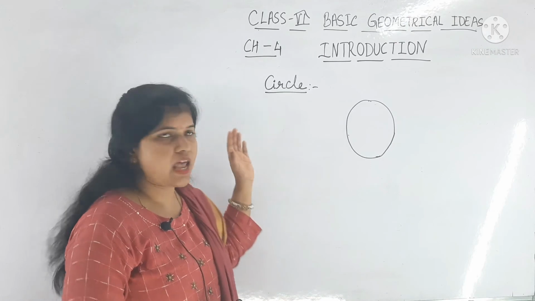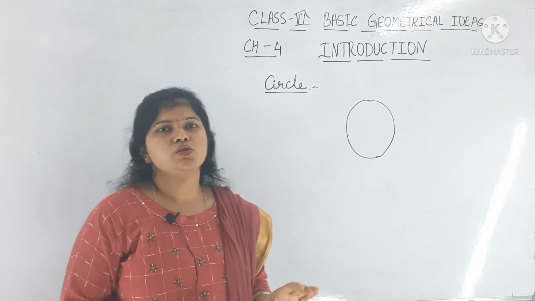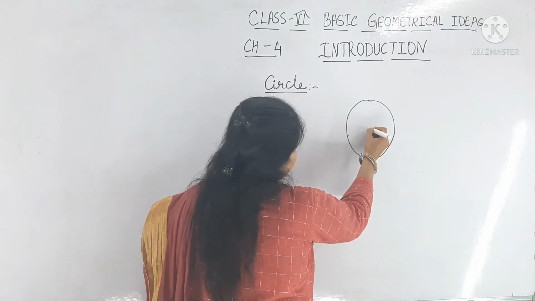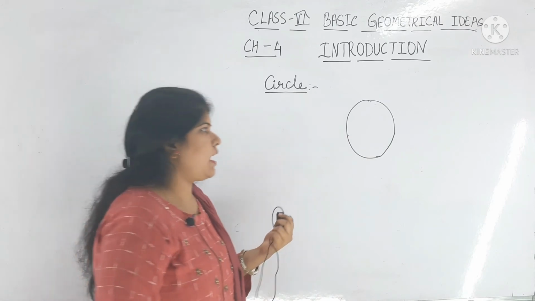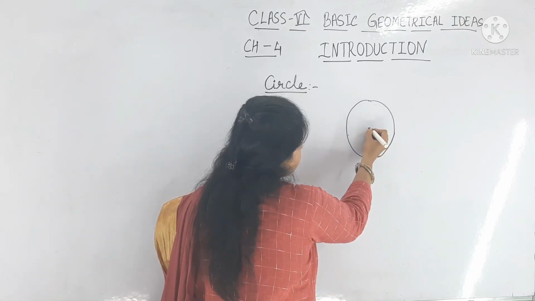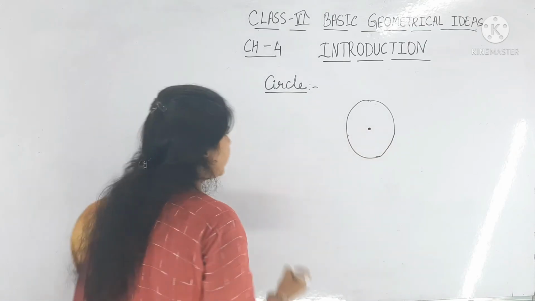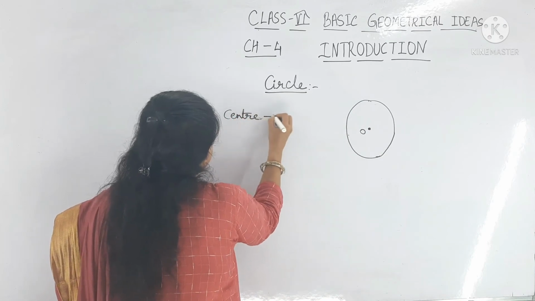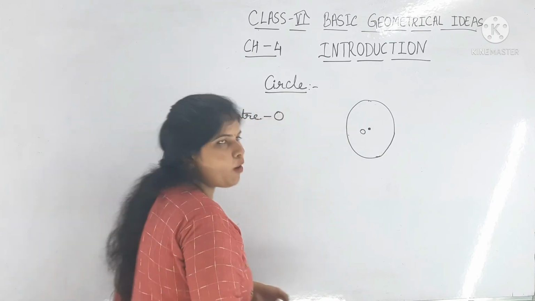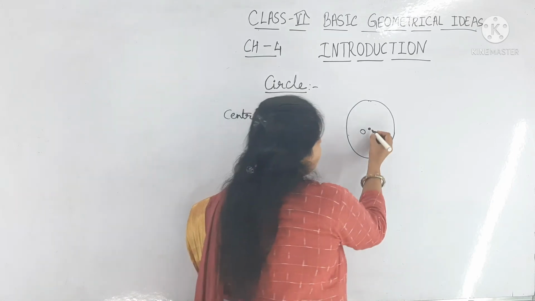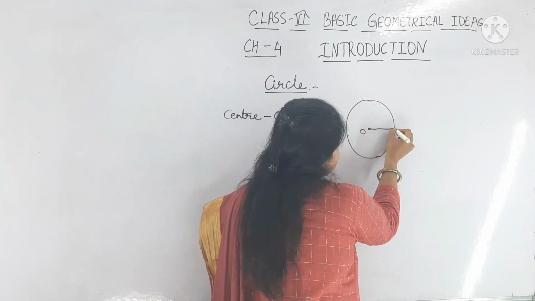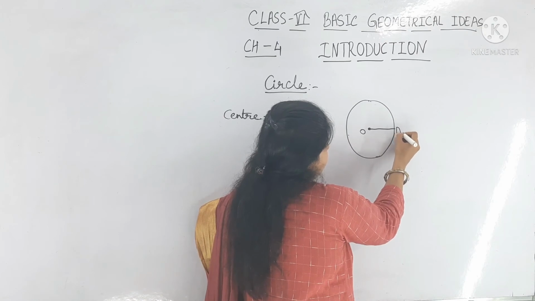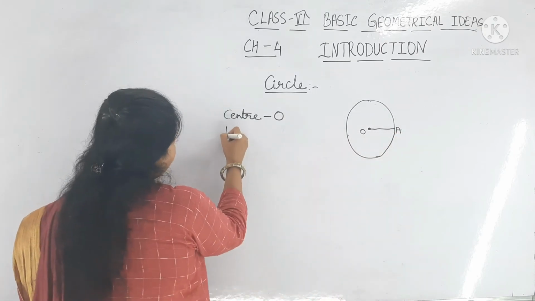Okay students, this is the last topic of my introduction, that is the circle. So circle, we know this is a circle. Here some important terms are there in a circle. I am introducing you. Number one is the center. This is the center, so this is O. I am naming this center O. That is one point. If you touch the circle at a point, I am taking A. So that is the radius.